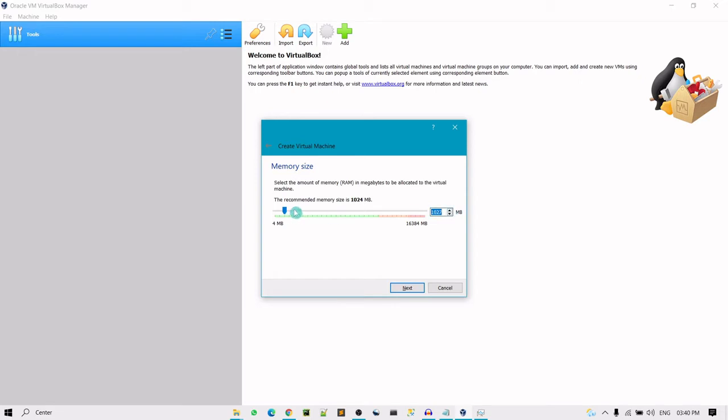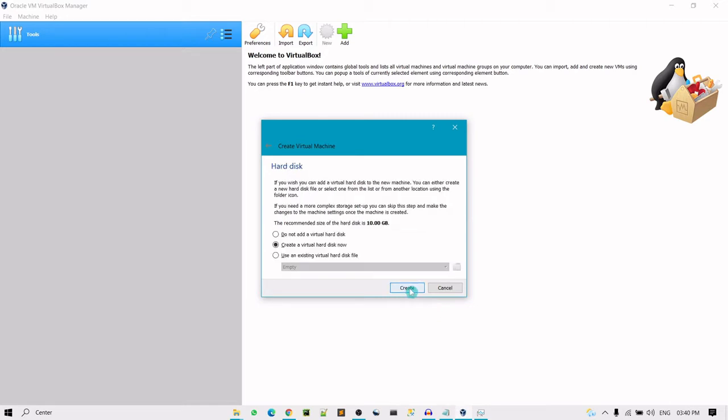Just click on this bar and slide. So here I have 4 GB. If your machine doesn't have 16 GB of RAM, you can allocate at least 3 GB of RAM to this virtual machine. I'll click on next.